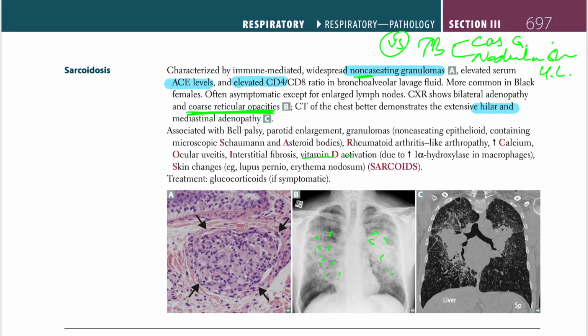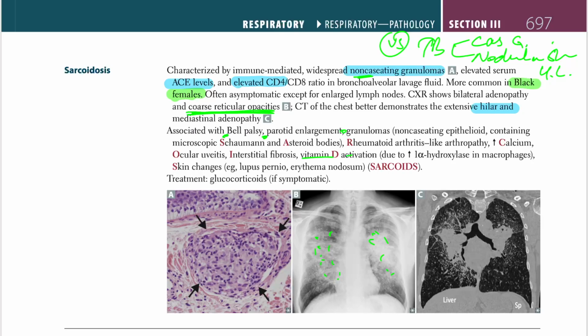Okay. What is this disease associated with, and what is very high yield that is specific for this disease is this right here: young black females, high yield. Okay, now let's look at what it is associated with. It's going to be associated with Bell's palsy, parotid enlargement,